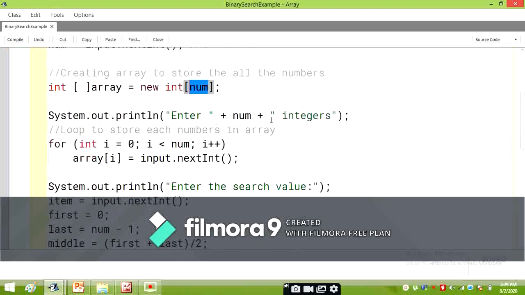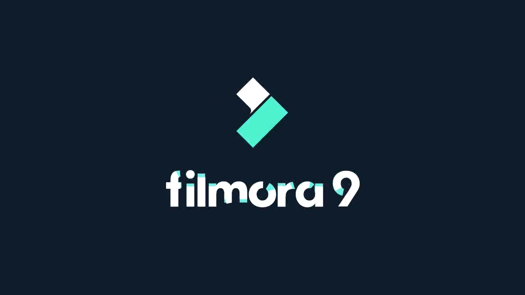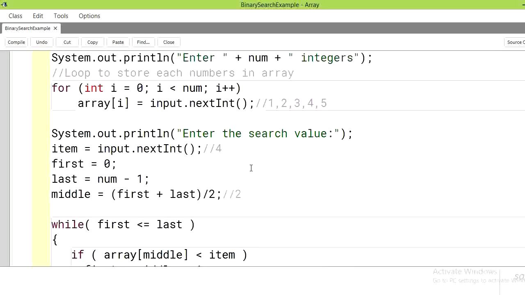Now enter 5 integers, because we have given 5 here. Now the loop will execute from position 0 to less than num, that is 4, because the index starts from 0, so the last element will go to the 4th position. One by one the loop gets incremented and values get inserted in the array. Here we have entered the elements. As we have discussed in the example, the same example we will take here to clear your concept.